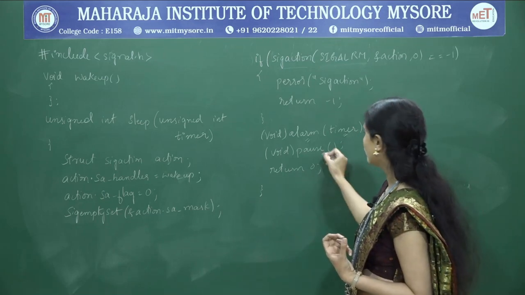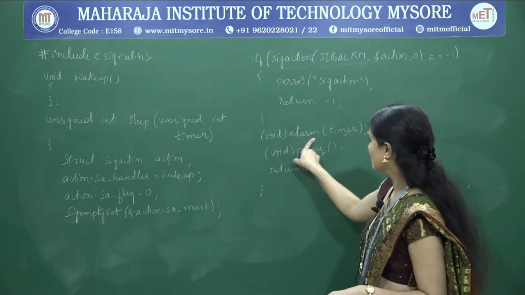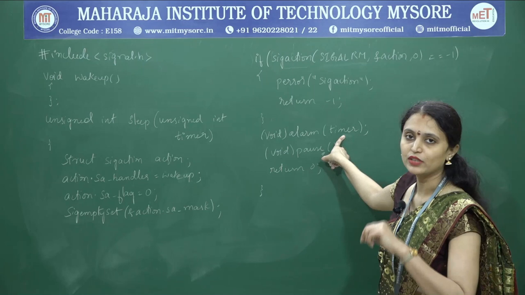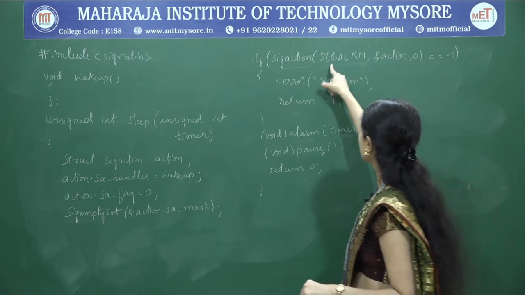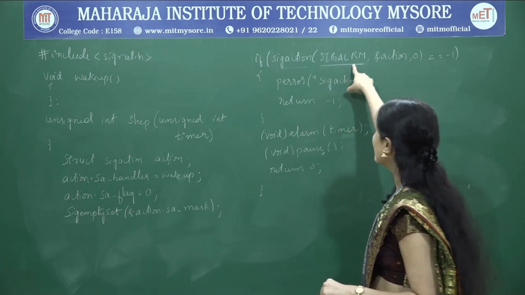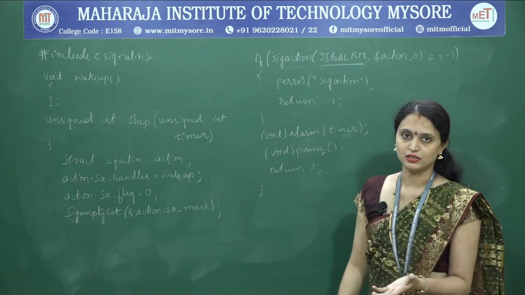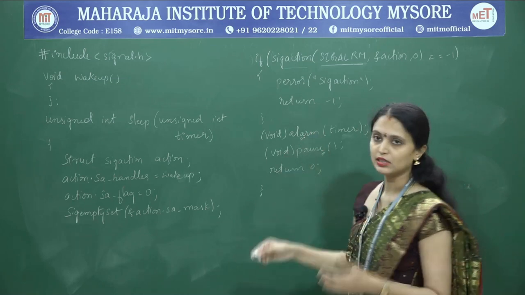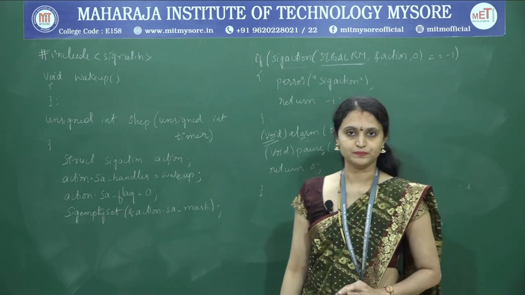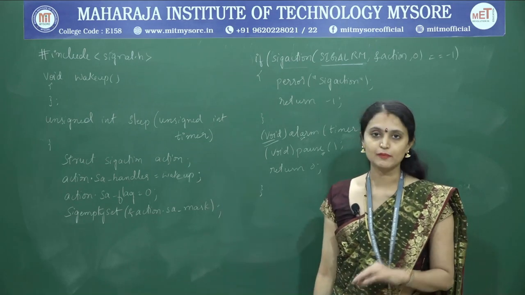Then we make use of pause. It works such that the process will be in the sleep condition. When the alarm API is invoked, it passes the timer, the particular time interval. After this time interval, the kernel will send the SIGALRM signal. This signal has the signal handling function, the wake up function, so the process will be awakened. Since alarm has the return type unsigned int, on the left hand side I am typecasting it to void. So this is the implementation of the sleep function using the alarm API.